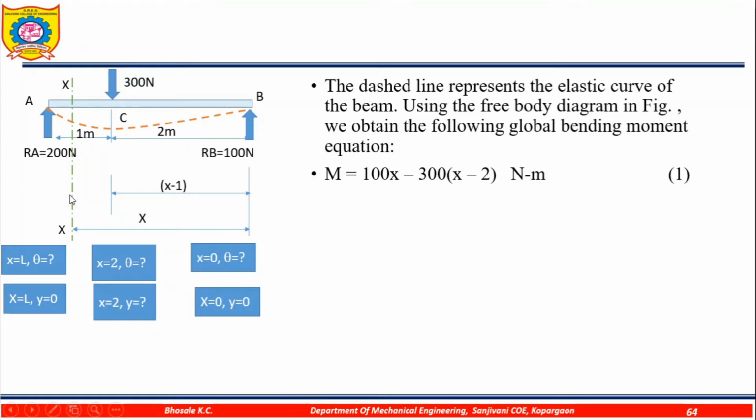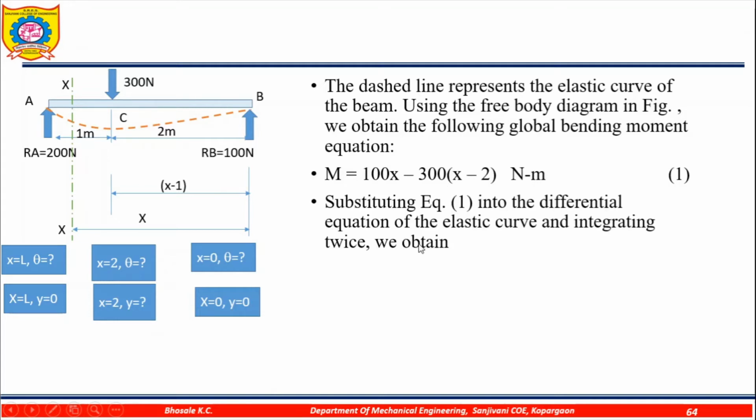So we have to find out the distance x. See, this total distance is x. This is 2 meters. So we have to find out the remaining distance, x minus 2. From that we will find out that equation. This is the equation that we have to form in terms of x and x minus 2. So that equation is Macaulay's equation.